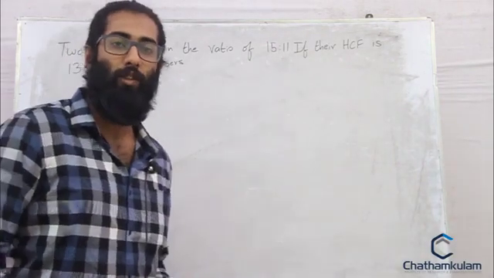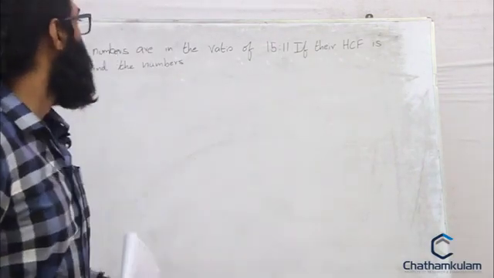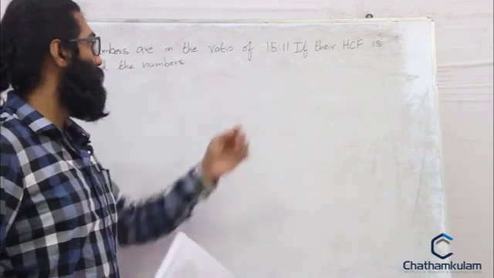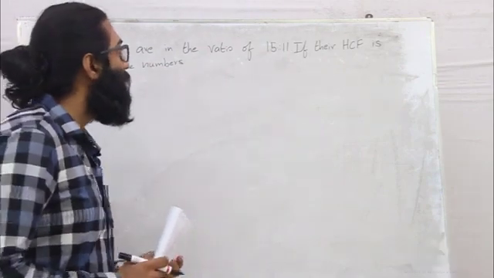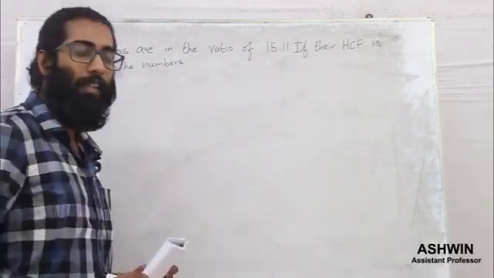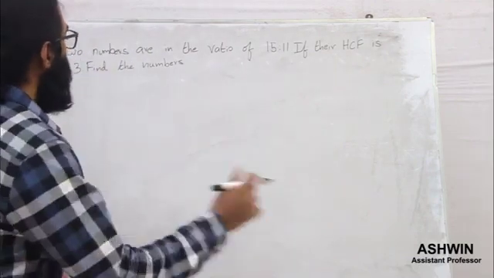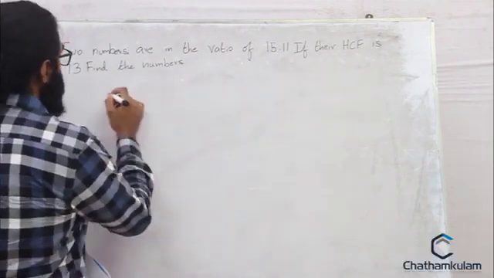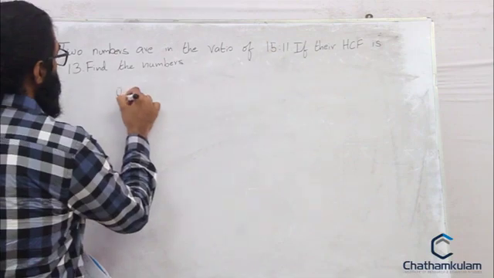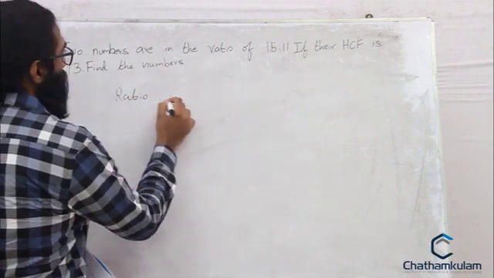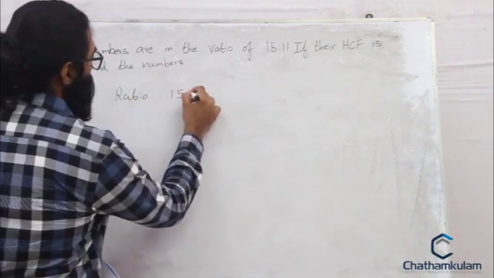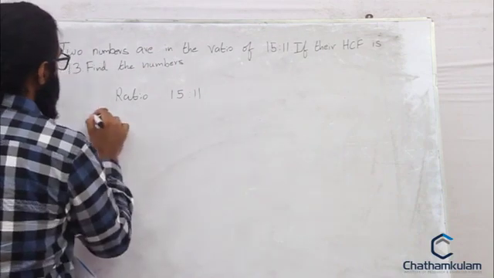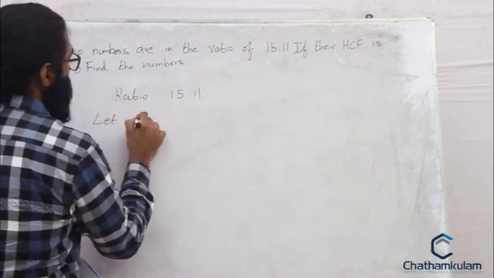Let's look into the next question here. Two numbers are in the ratio 15:11. If the HCF is 13, find the numbers. So in the question it's given that the ratio of two numbers is 15:11. So let one number be